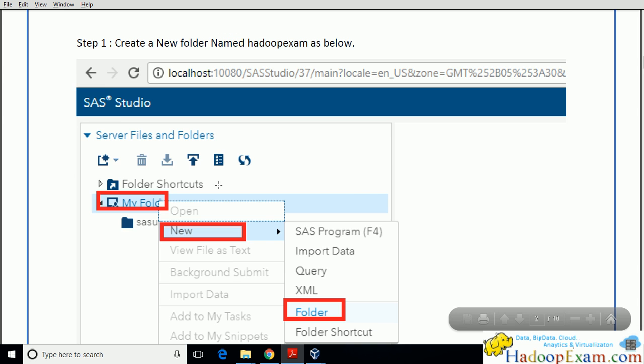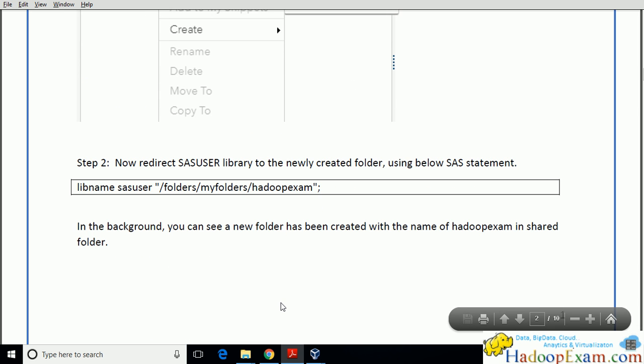Next, let's move to creating a library. This library can point to a particular folder where your data would be stored. Let me first create this library. This is the statement whenever you want to create a library. What exactly is a library in SAS?